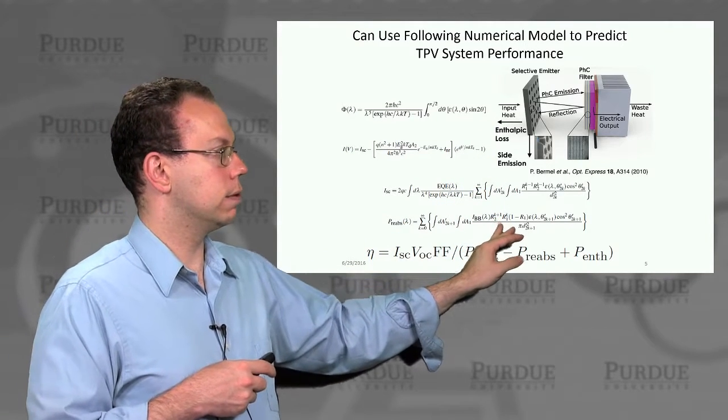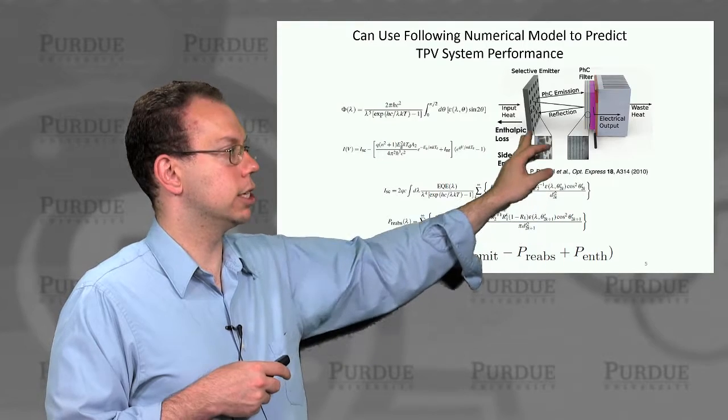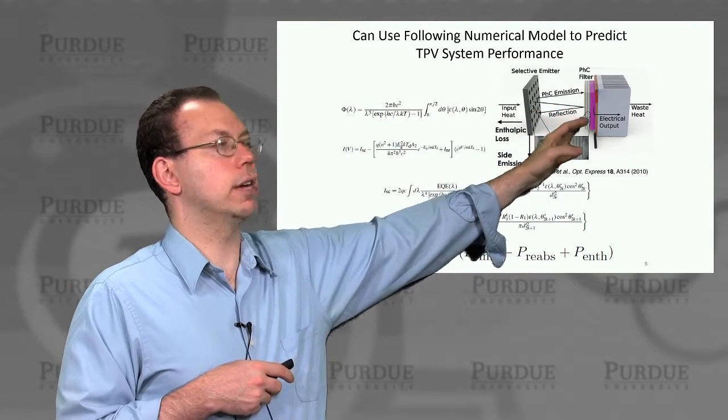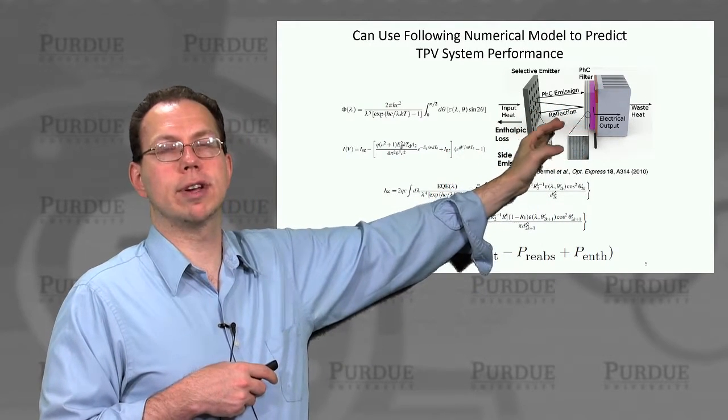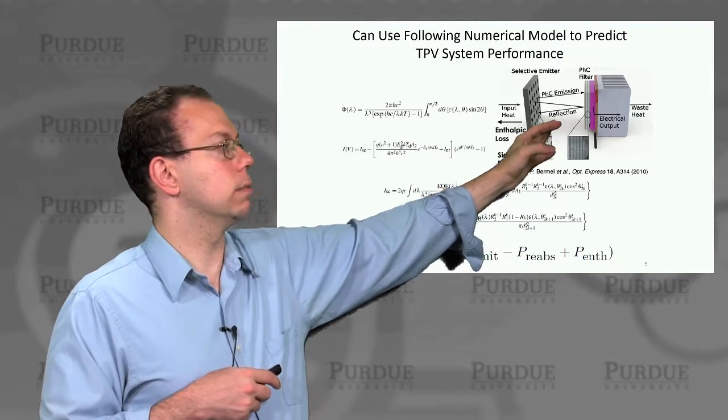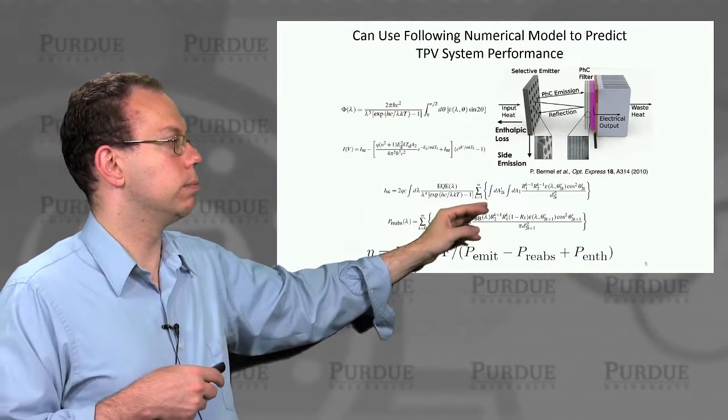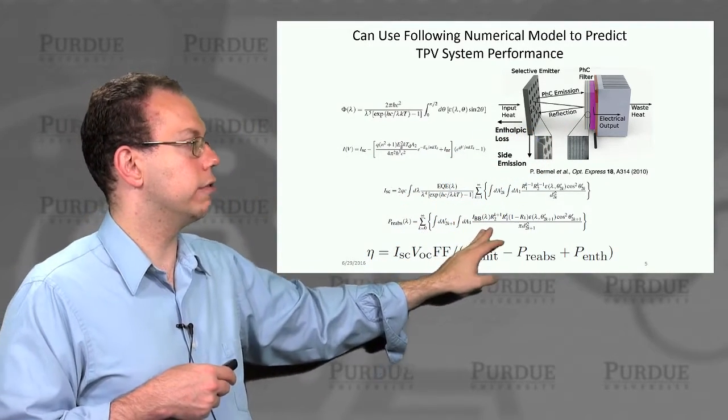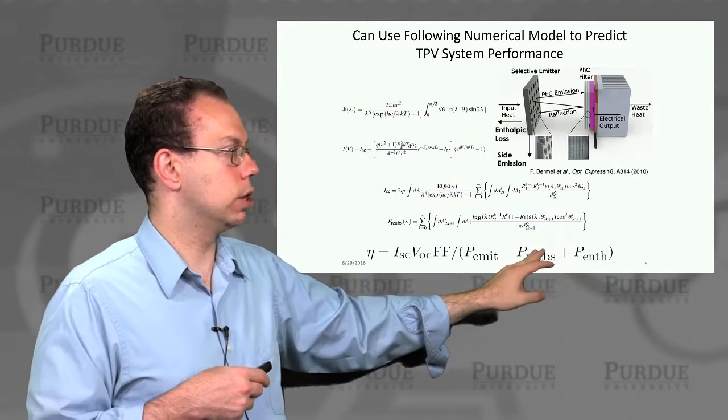And then there's another factor which I mentioned previously, which is basically photon recycling, where the long wavelength photons that aren't absorbed are actually being bounced back to the emitter. And this is actually quantifying the impact of that reabsorption.